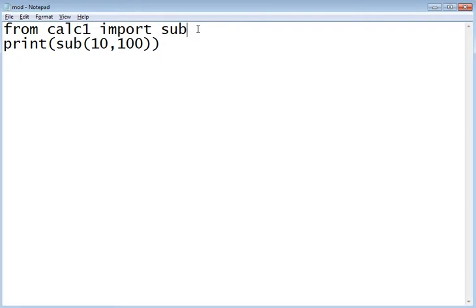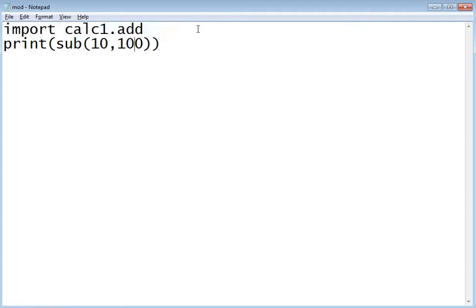So put related classes and related functions into related folders. For example, add, subtract, delete functions should be inside a calculator folder. That folder is called a package. So if calc1 is a folder, then we can import a module from that folder. This is how we use packages, and this is how we use modules and functions inside modules.